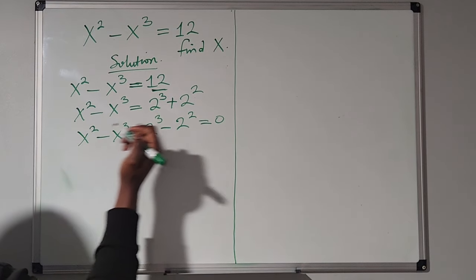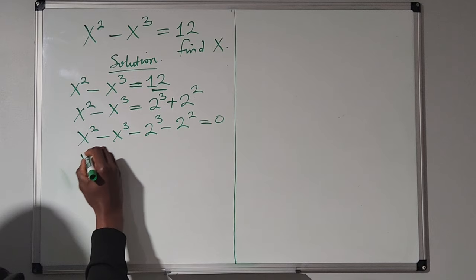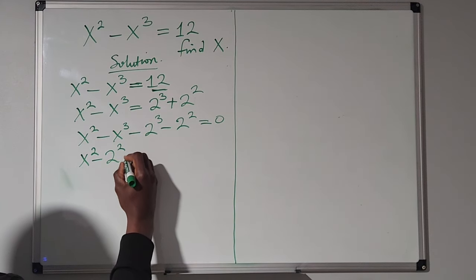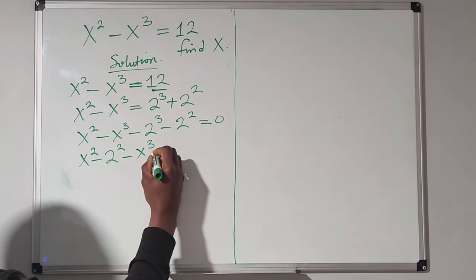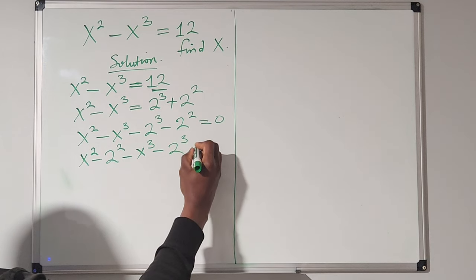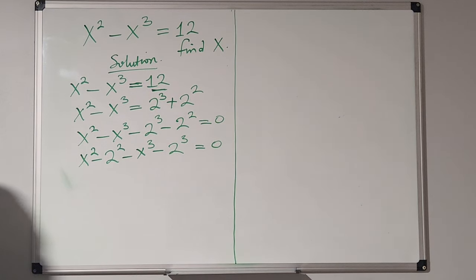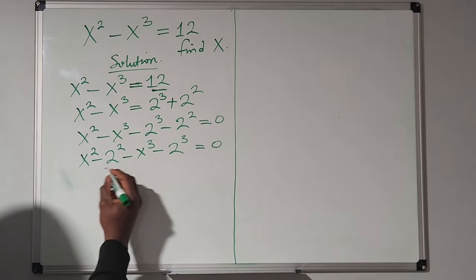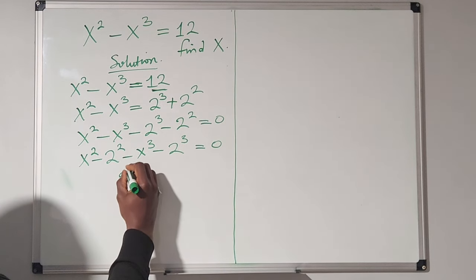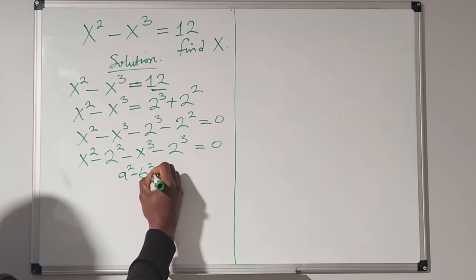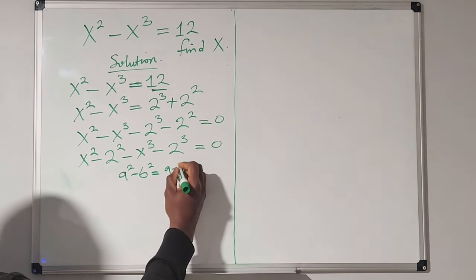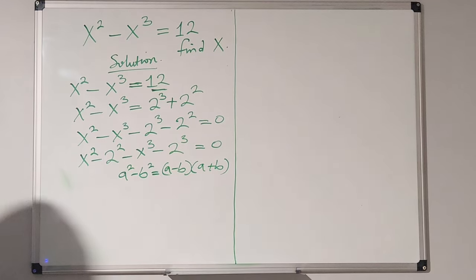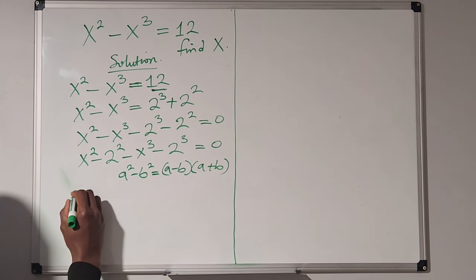We have power 2, so that becomes x squared minus 2 raised to power 2, and we have power 3, minus x cubed minus 2 raised to power 3 equals 0. All right, so we have our rules. We have to apply our rules here. We know that a squared minus b squared is equal to a minus b, a plus b. And then we also know that a cubed,